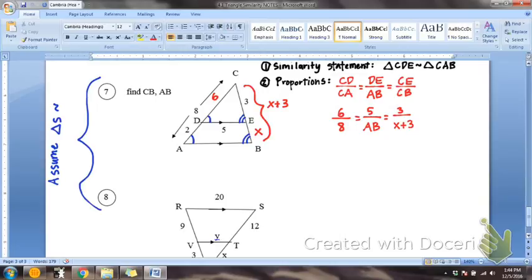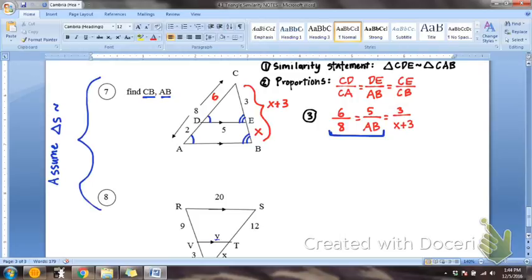So do we just not do anything? 5 over AB? Well, we have to do something with AB, right? Because our directions over here on the left say, hey, you need to find CB and AB. So here's what we can do. We know for sure 6/8, right? We know that one for sure. That's the fraction that we know for sure is true. So we're going to take these two together,